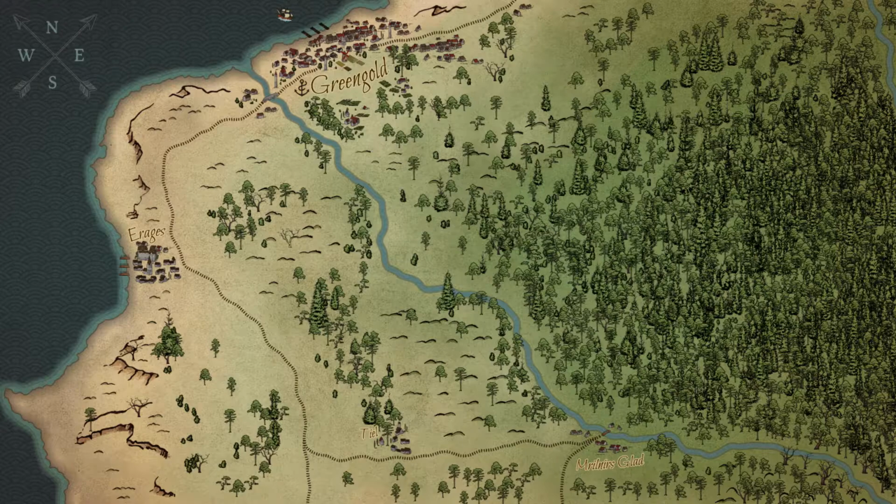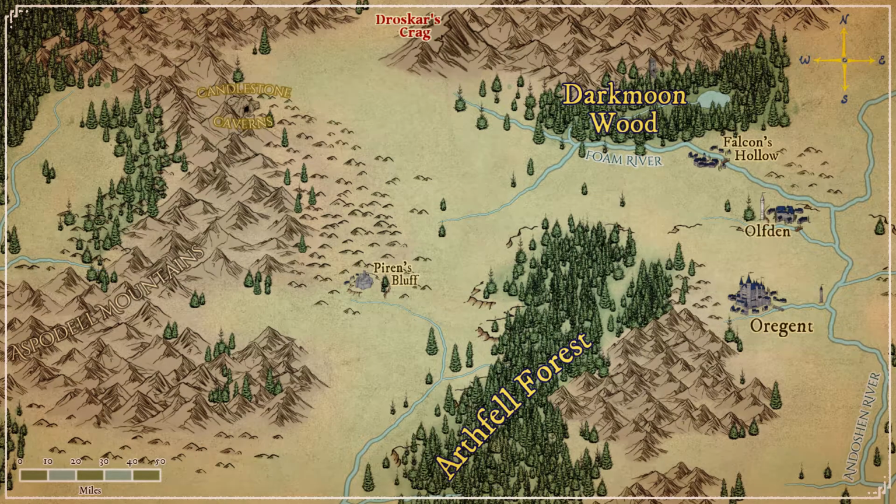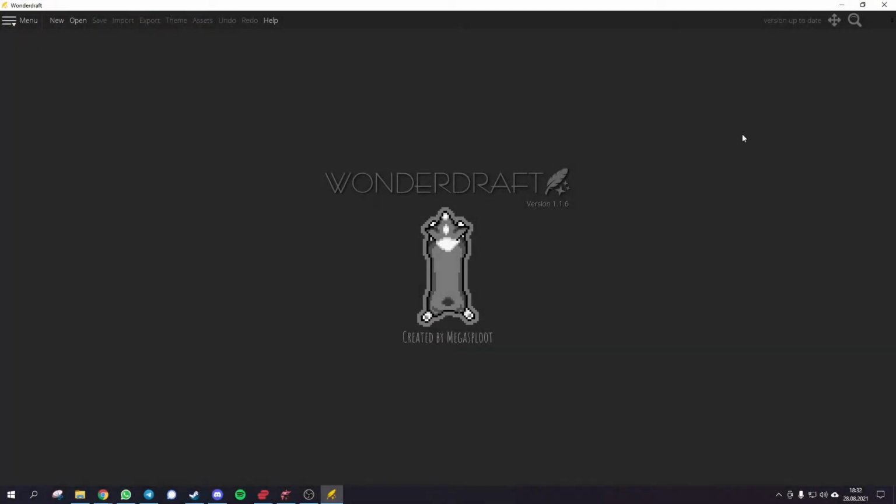But regarding maps and battle maps, I'm actually using two softwares that are from the same creator and which are pretty nice, so I'm gonna introduce you to them right now. So if you want to create maps like this one, which is actually the first one I've ever created in the following software, or this one, which is the second try, I think this turned out a lot better, to be honest. Let me introduce you to Wonderdraft, which is a software by Megasbloot,